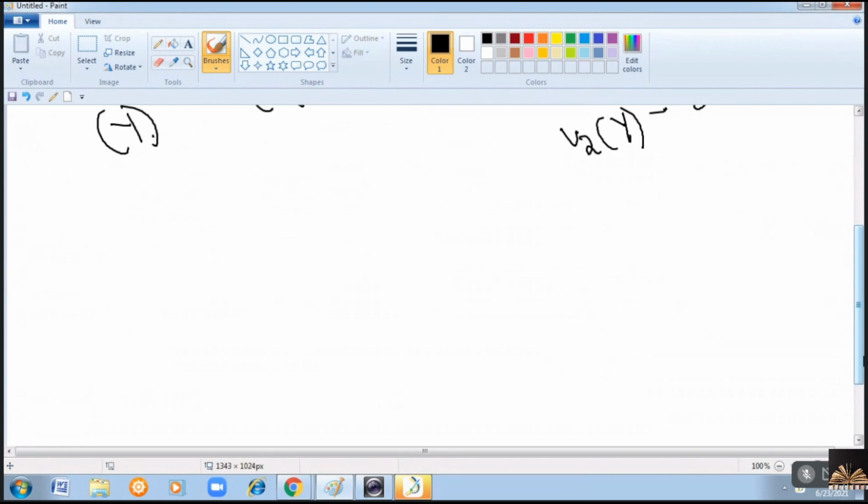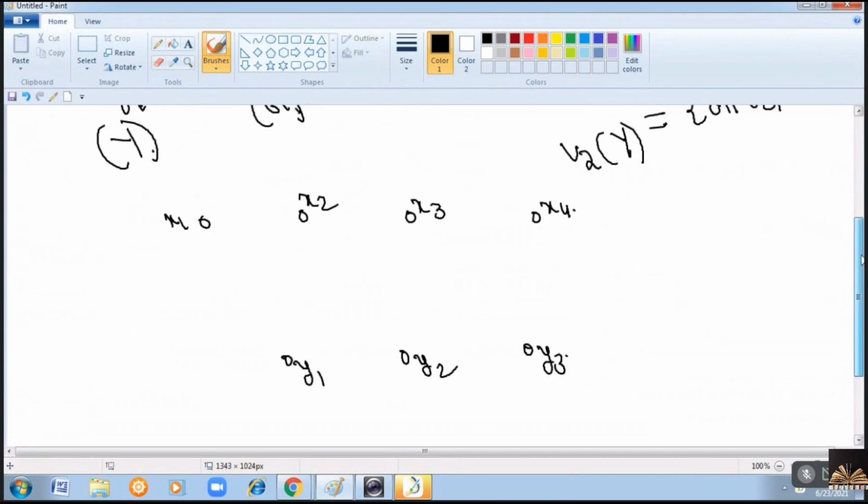Now you write the vertices into two groups and you try to draw the edges. If you are able to draw the edge such that one vertex of any edge is present in one group and the second vertex or the second end point is present in the second group, then we can say that the given graph is a bipartite graph, right?